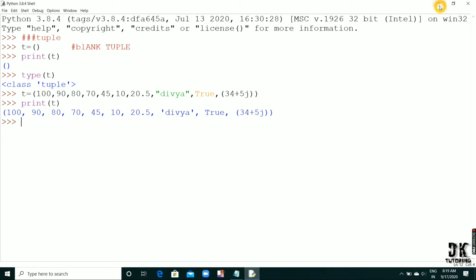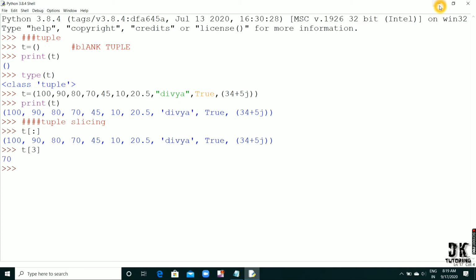That thing I just repeat here, tuple slicing. Okay, so if I write here T of colon, that will give you whole data which is stored inside this tuple T. Then if I write here T of 3, that will give you third data. Okay, T of 6 colon 9, that will give you the data which is stored at the 6th position to the 8th position.